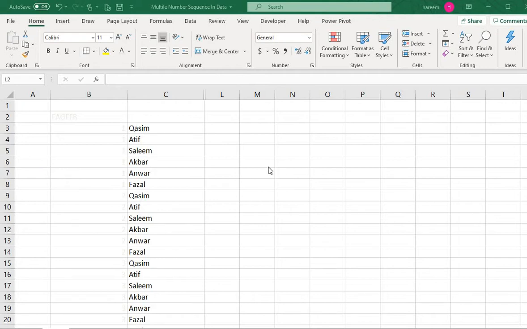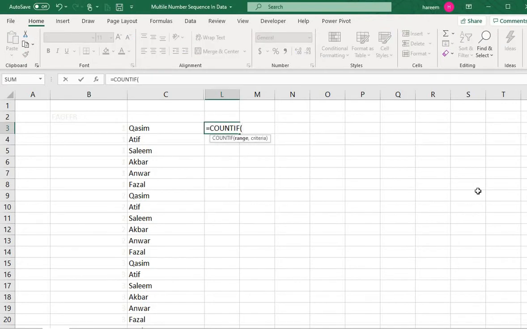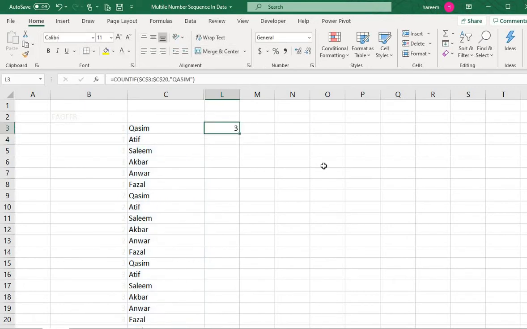So COUNTIF, normally we are counting. In the COUNTIF formula we give the range like this, lock it by pressing F4, then a comma, and mention the criteria, let's say "Qasim" in inverted commas.